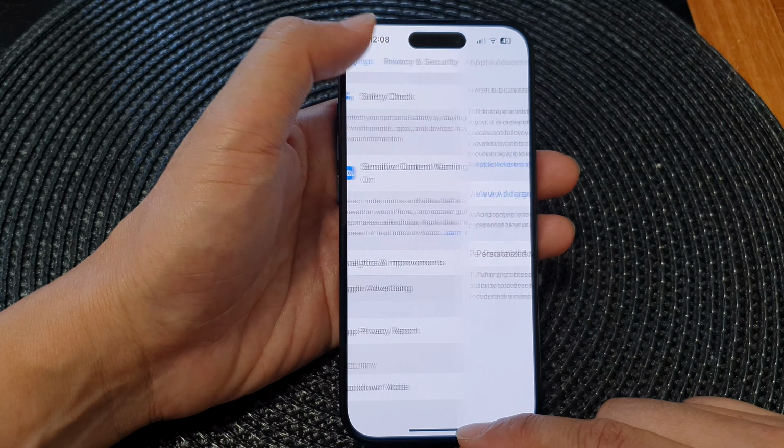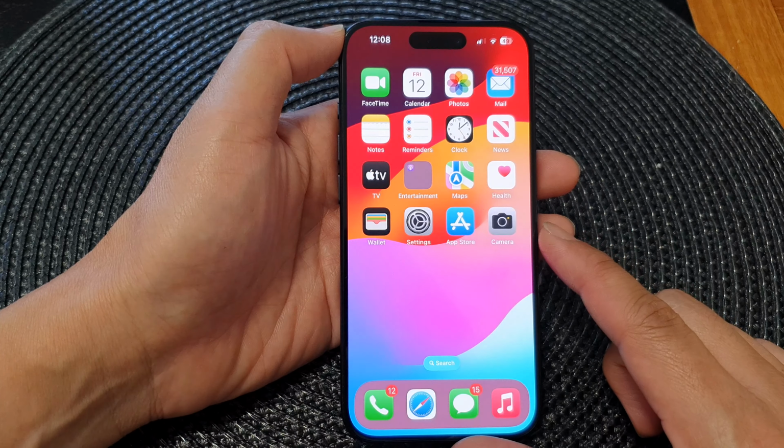And that's it. After, you can tap on the back key or swipe up to go back to the home